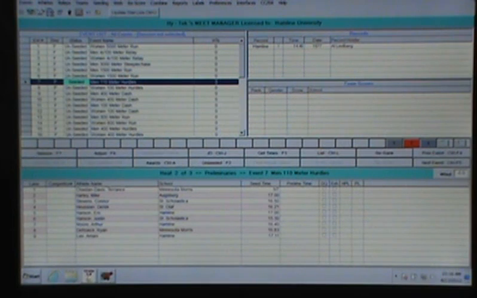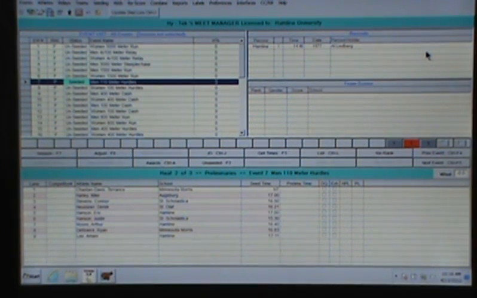And if this was a final event, we would see the scores, we would see a rank order of all of the different athletes that ran in the event. These are the qualifiers. If it was a final, it would show the winning top ranked runners with their scores beside them. From this point,